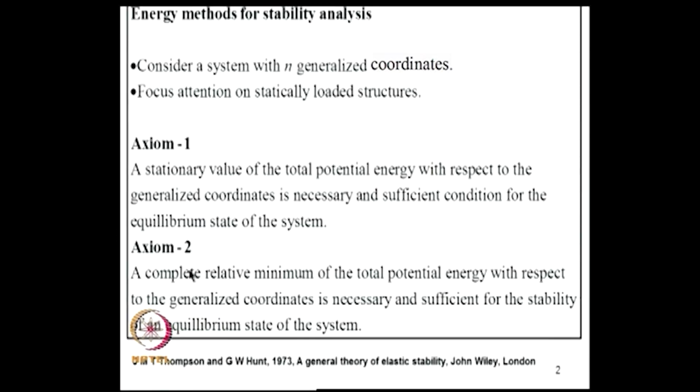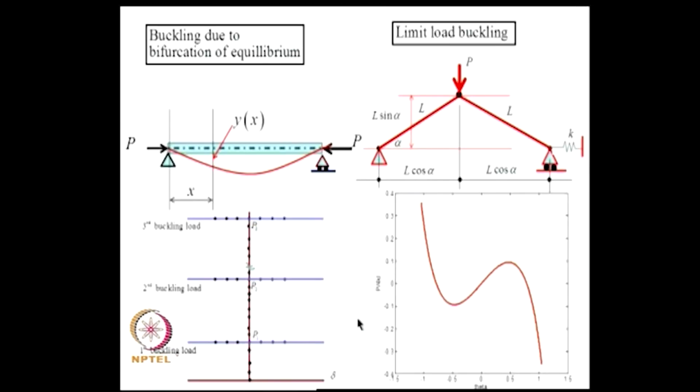The axiom 2 helps us to examine the stability of that equilibrium. So, a complete relative minimum of the total potential energy with respect to the generalized coordinates is necessary and sufficient for the stability of an equilibrium state of the system. So, based on this we analyzed a few problems and basically we considered simple systems to bring out the central